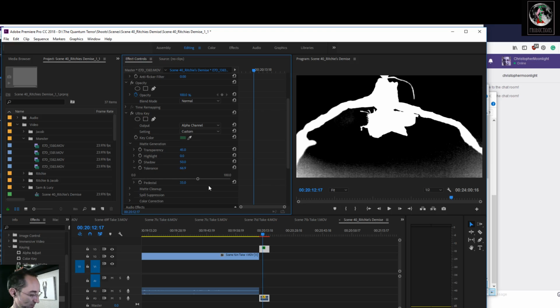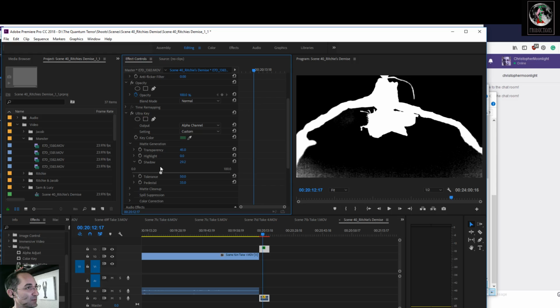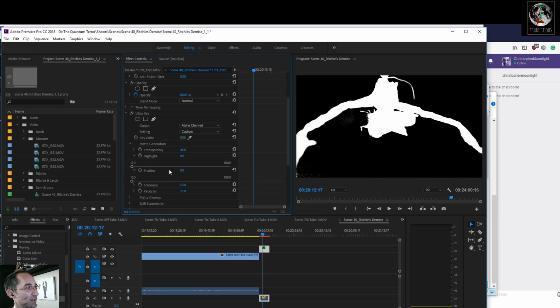Not much. I'm still getting used to UltraKey. I'm a fan. But it obviously has its limitations, and it doesn't quite work the same as Keylight. That's spill suppressor, so